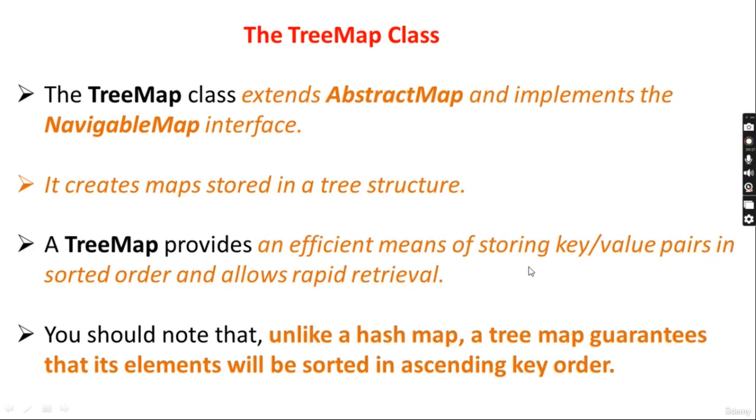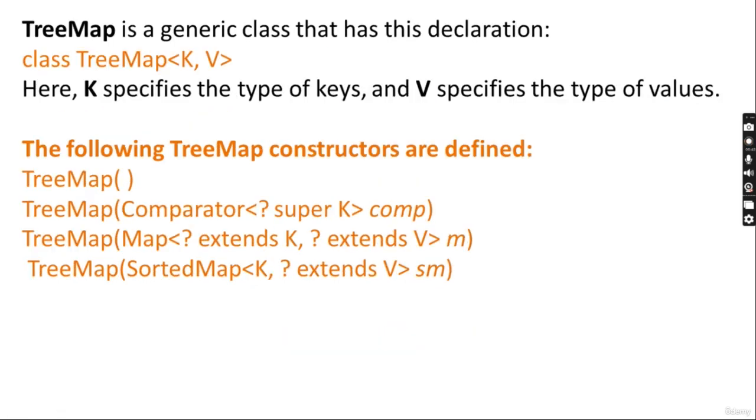So key-values are stored in sorted order more efficiently than in other classes, and they are retrieved more speedily. Unlike HashMap, TreeMap guarantees that elements will be sorted in ascending key order. HashMap does not guarantee the order of elements, but TreeMap does. TreeMap is a generic class, TreeMap<K, V>, where K is the type of key, V is the